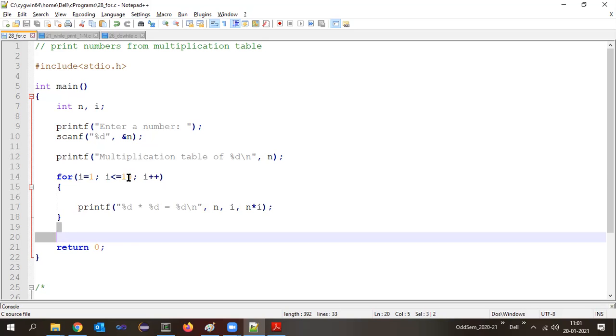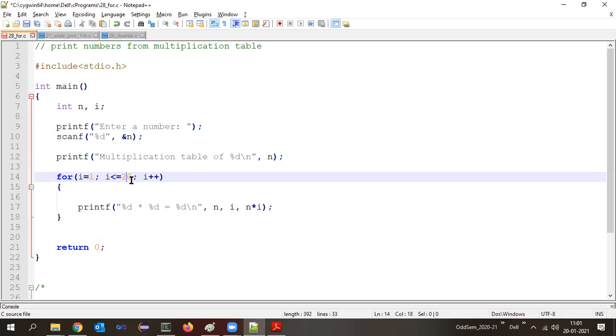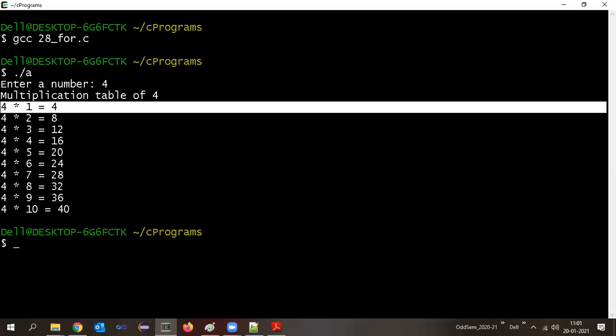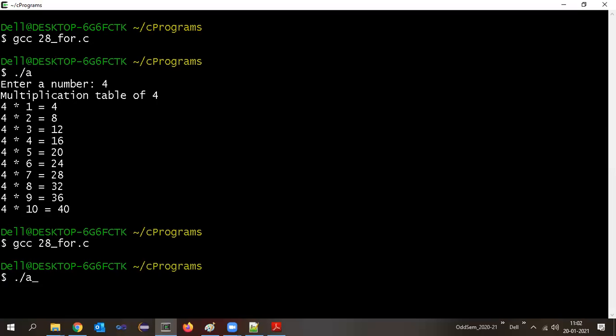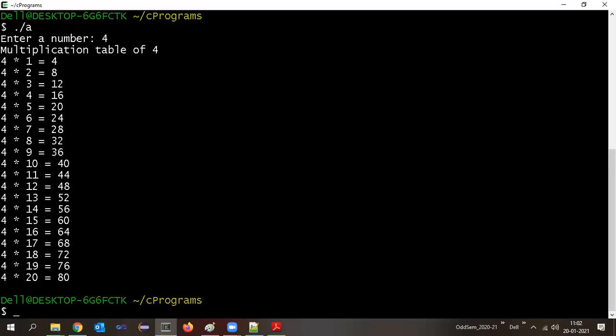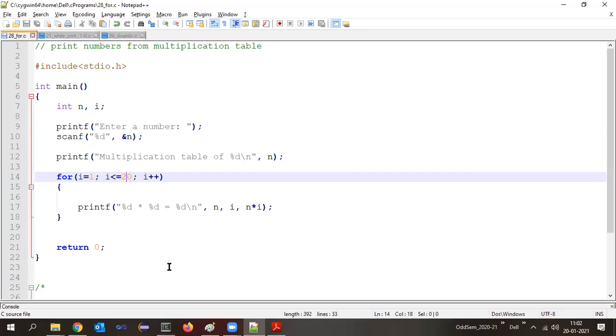Understood? Now suppose if I change this 10 to 20, how many times will this loop be executed? 20 times. Now if I make this, this way, i greater than or equal to 10, how many times will this loop be executed?